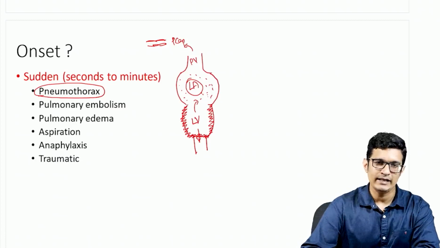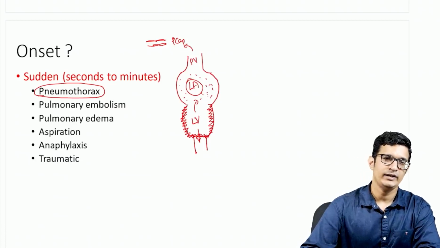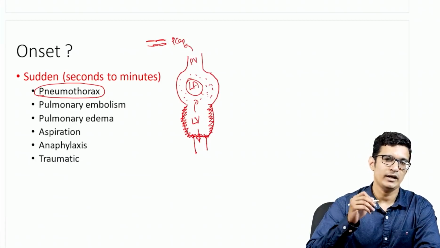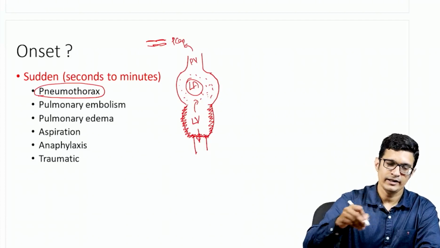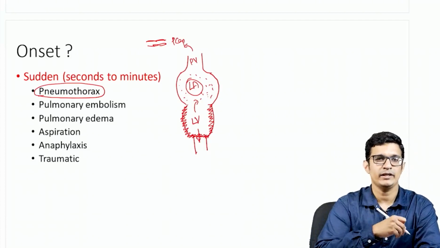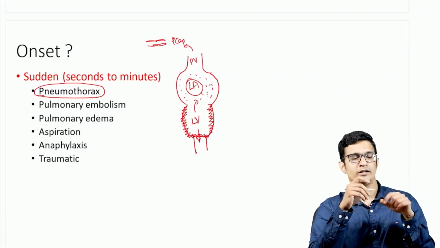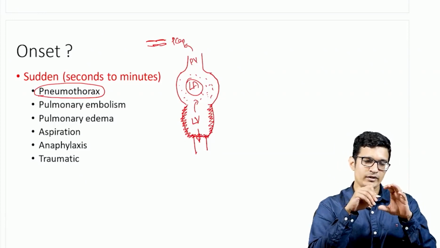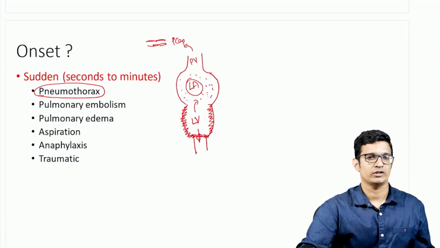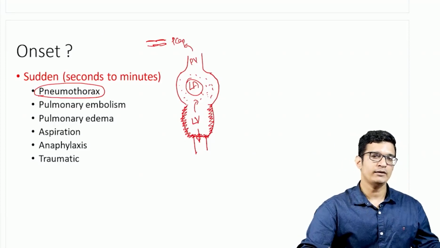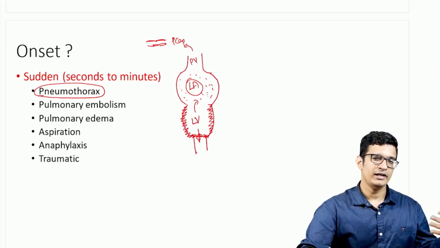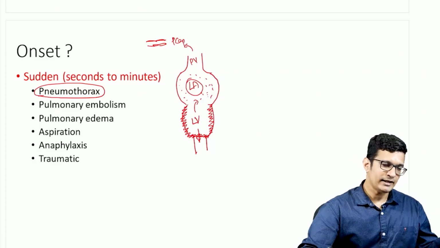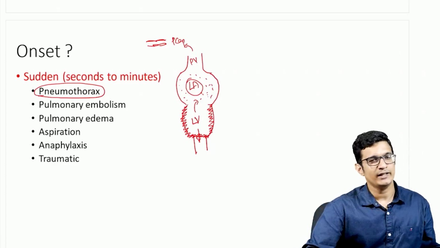and finally that can go through the external iliac vein into the common iliac vein, through the inferior vena cava, and ultimately it will reach the right atrium. From the right atrium, this embolus will go into the right ventricle, and when it enters the pulmonary artery and the pulmonary capillary, it will be stuck at some place. So there is going to be no perfusion to the point which is distal to the embolic occlusion. That will lead to ischemia to that part of the lung, and maybe even infarction of that lung also.